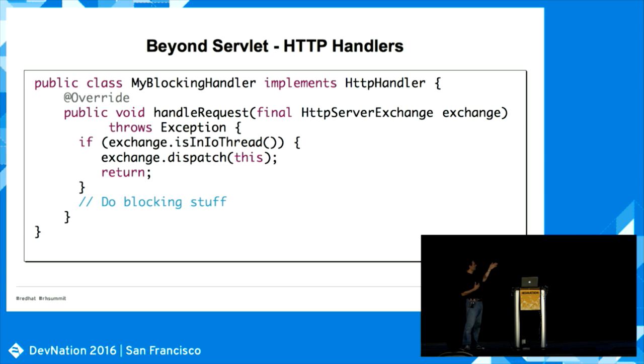If I'm in the I/O thread and I want to do blocking, then I'm in the wrong place. So immediately what it does is it dispatches this request and returns. Basically that means, put me on the other, the blocking thread pool. And then you will receive the callback again, but now you will be on the right thread pool to do the blocking stuff. So that's a small detail. There's some stuff you can read online about